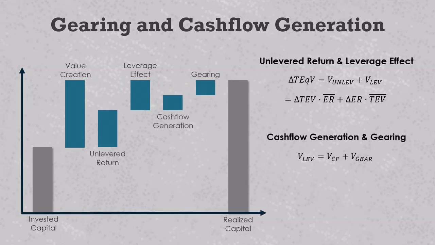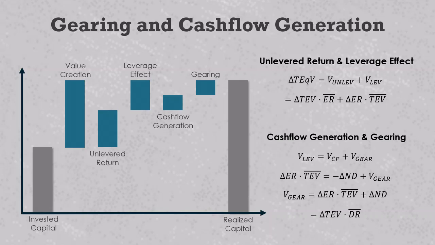But we could solve for it because we know the leverage effect, and we could assume that cash flow generation is equal to minus the change in net debt. Rearranging this formula suggests that gearing is equal to the change in the equity ratio times the average enterprise valuation plus the change in net debt. And do you know what? It is. Even though we're using a plug and backing into the value, this will give you the right answer every time. However, there's a better way to do it.